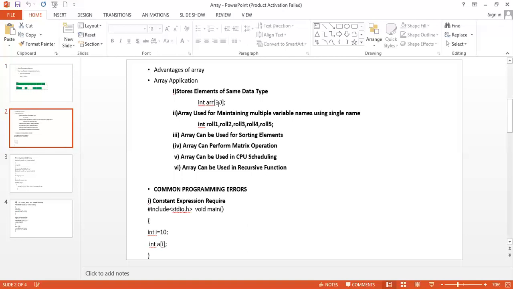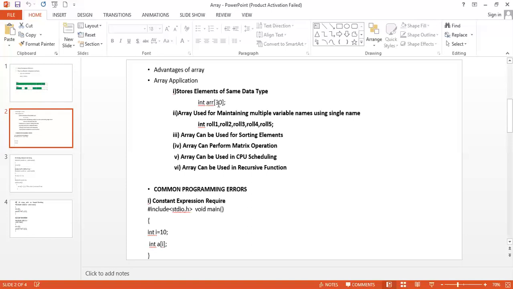Then second one, array is used for maintaining multiple values using a single name. Suppose we need to store 5 roll numbers of students, then without declaring an array, we need to declare integer rollnumber1, rollnumber2, rollnumber3, rollnumber4 and rollnumber5.